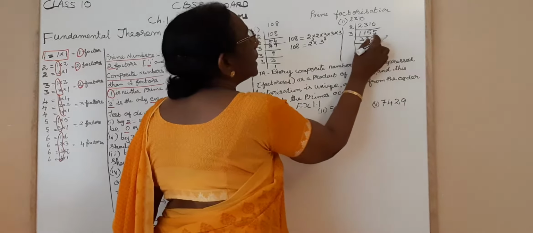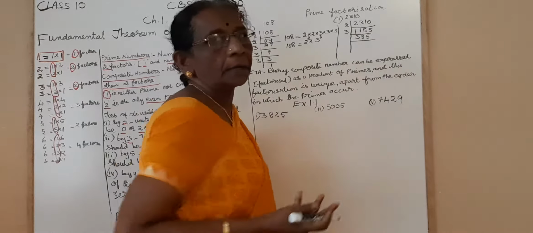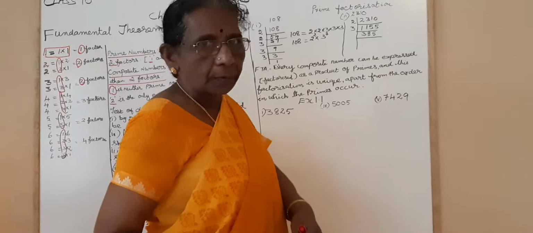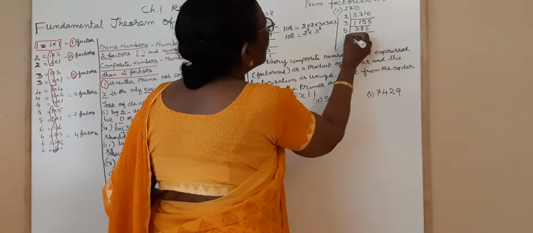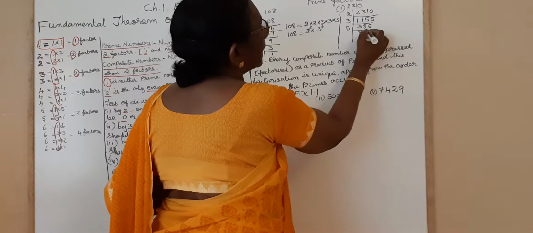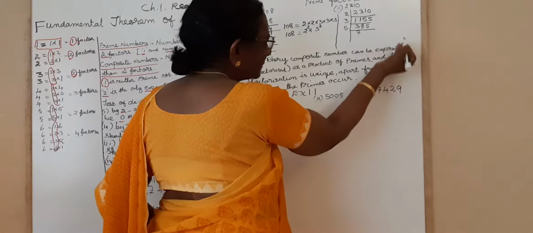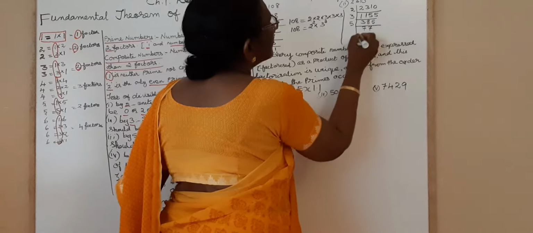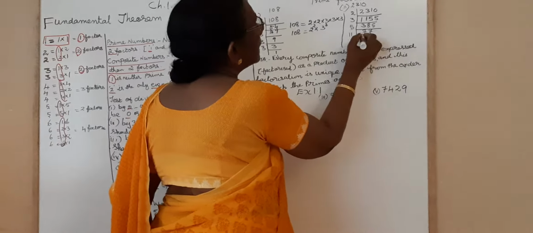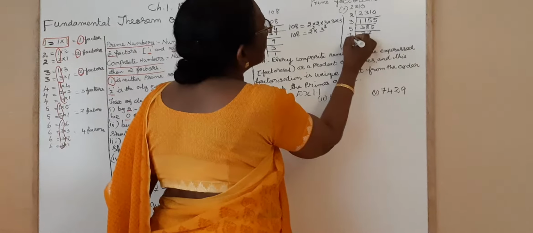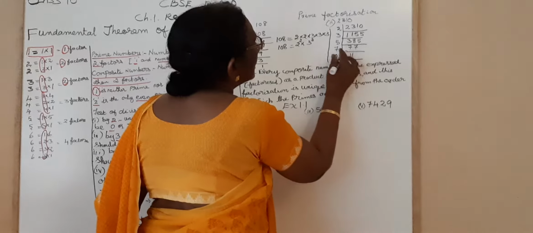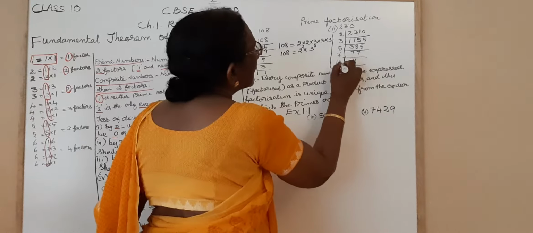Now add 8 plus 5, 13 plus 3. No, it is not divisible by 3. So what should you do? You move to the next prime number, 5. What is the next prime number? 5. 5 goes how many times in this? 7 5s are 35. 38 minus 35, 3 again 7. Now you know that this 77 is divisible by 7. Again you can divide by 7. 11 times. So 11 once.